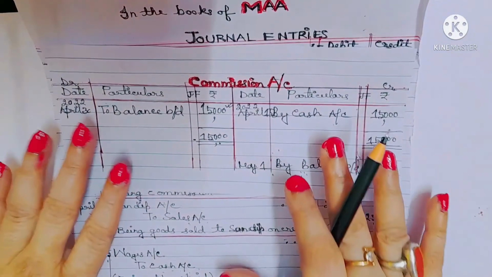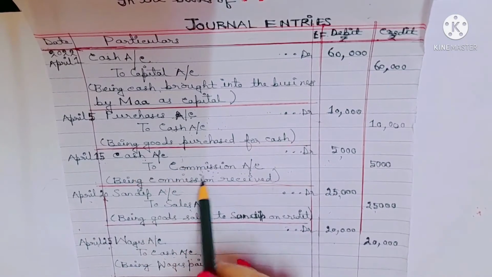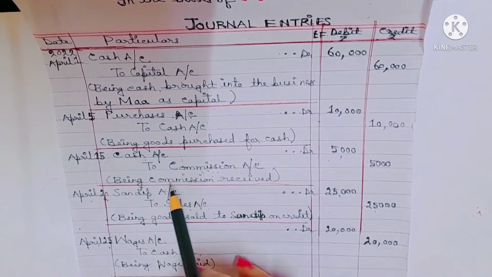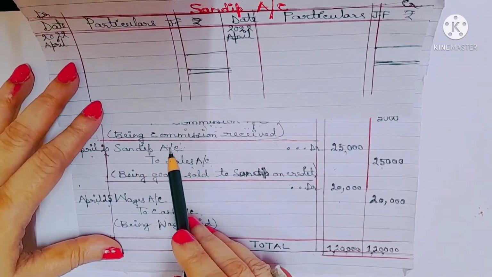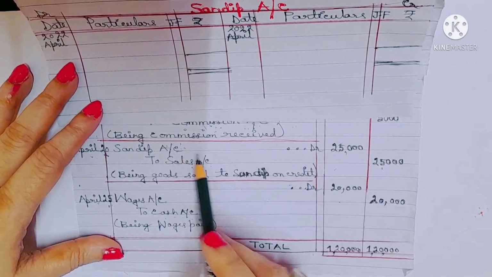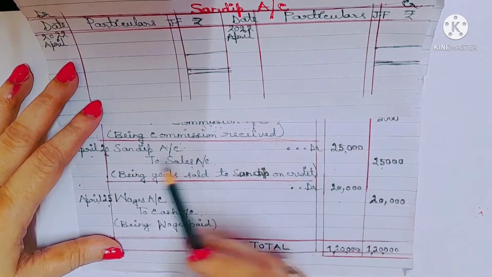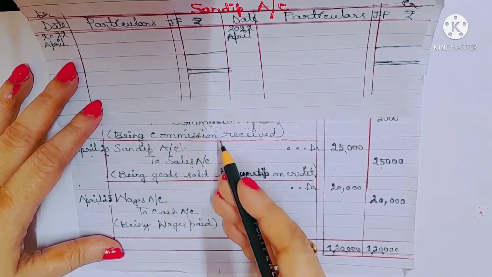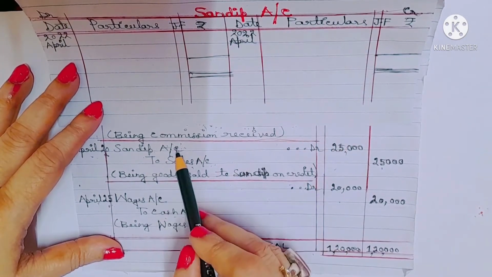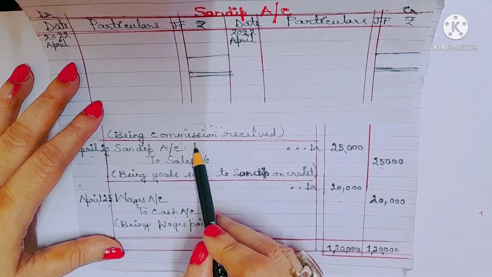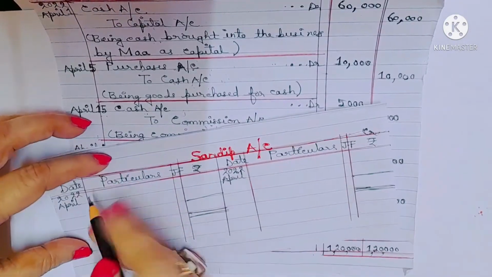Let's do the next account. What is the next account? Cash account we did, commission account we did, Sandeep account. Let's do Sandeep account. Now see what is the position of Sandeep. Sandeep is on the debit side, so sales would be on the debit side as well in the Sandeep account, because we are preparing the Sandeep account. So Sandeep is on the debit side, so sales will also appear on the debit side, 25,000, to sales account,